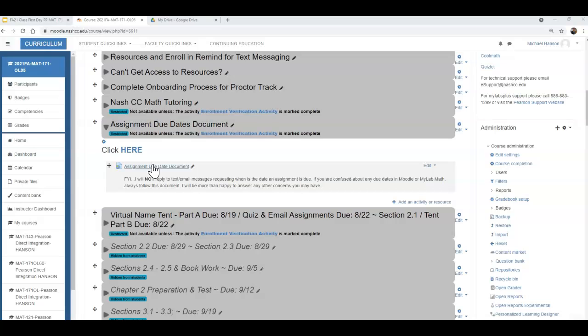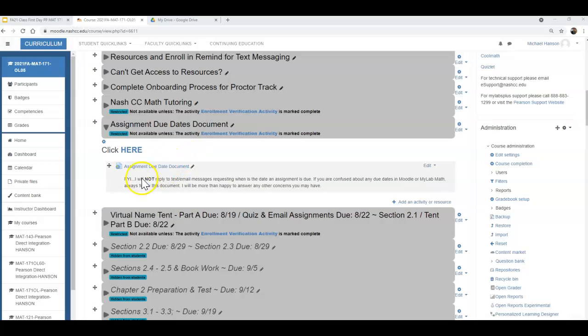classes. This is usually the setup, the way it's going to go if you take an online course, a virtual course, Math 121, Math 143. Doesn't matter. All my assignment due dates are structured and set up exactly the same way. Now the assignments and materials are different for every class, so please don't pay attention to the material inside of it. What you need to focus on is just the structure and how I want the classes to